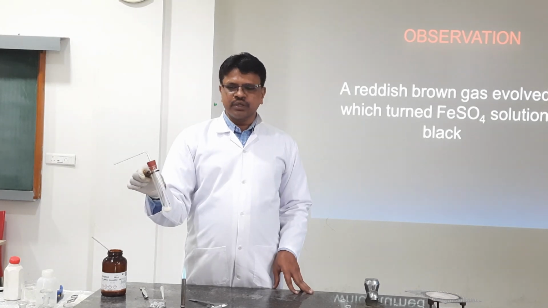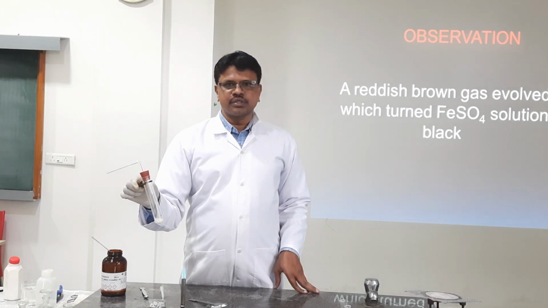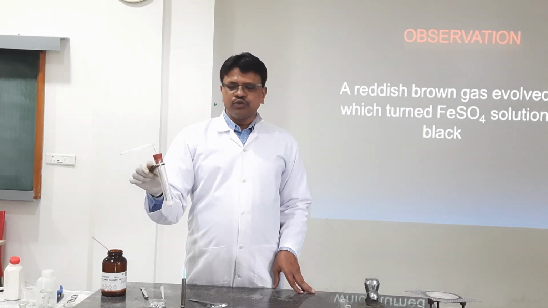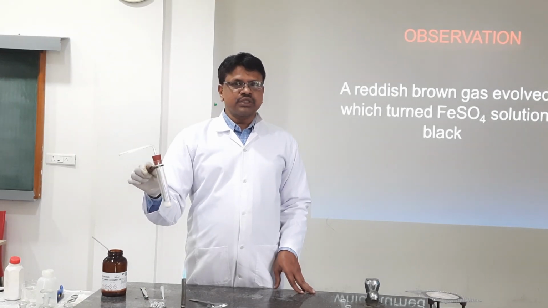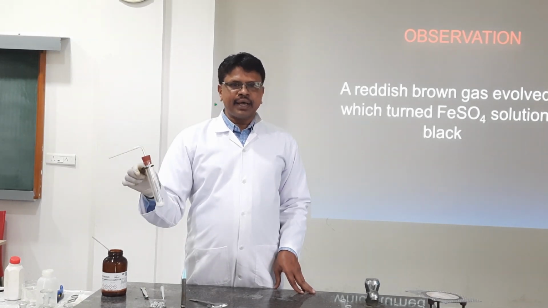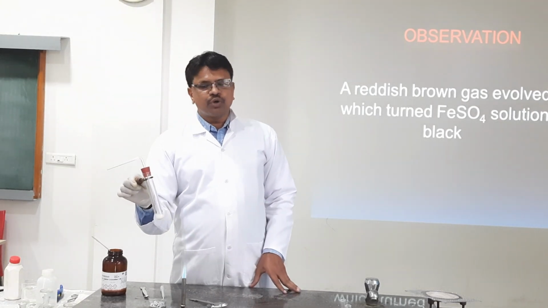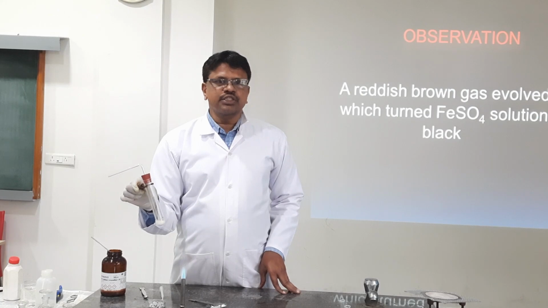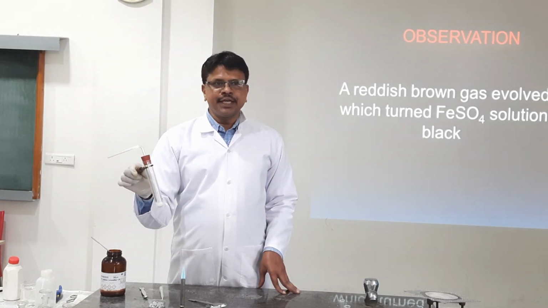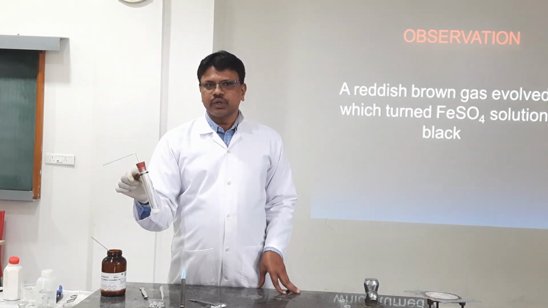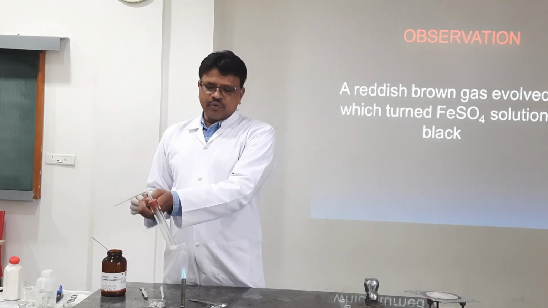Sometimes we may confuse bromide and nitrate ion. Both may give brown vapors. So how to differentiate that? If you pass these brown vapors into ferrous sulfate solution and it turns black, that indicates the presence of nitrate ion. If you pass those brown vapors into starch iodide paper and it becomes yellow, then it indicates the presence of Br minus. Okay. Now to this, no vapors are found.